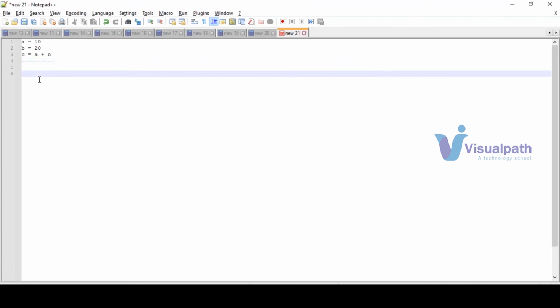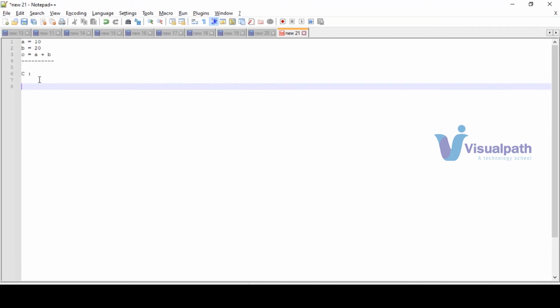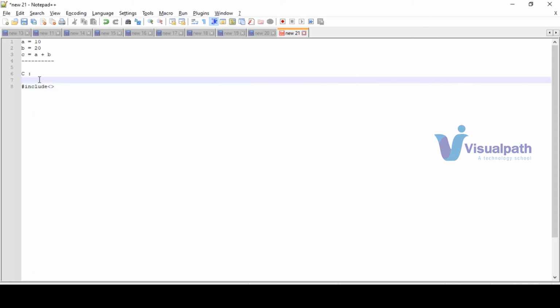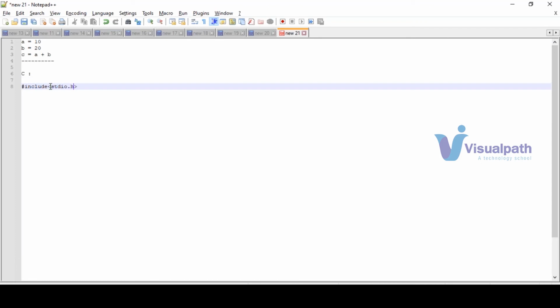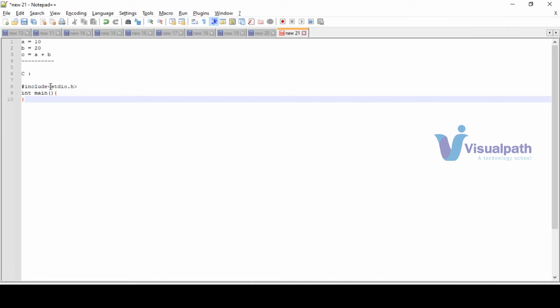Now let's take some C programming. How do we write a C program to add two numbers? If you don't know anything about the C programming language, that's fine, it's just to understand the difference between other programming languages and Python. So when we are using C programming, we include some header files. After that, we include some other header files as well. Then we start our programming with int main, and